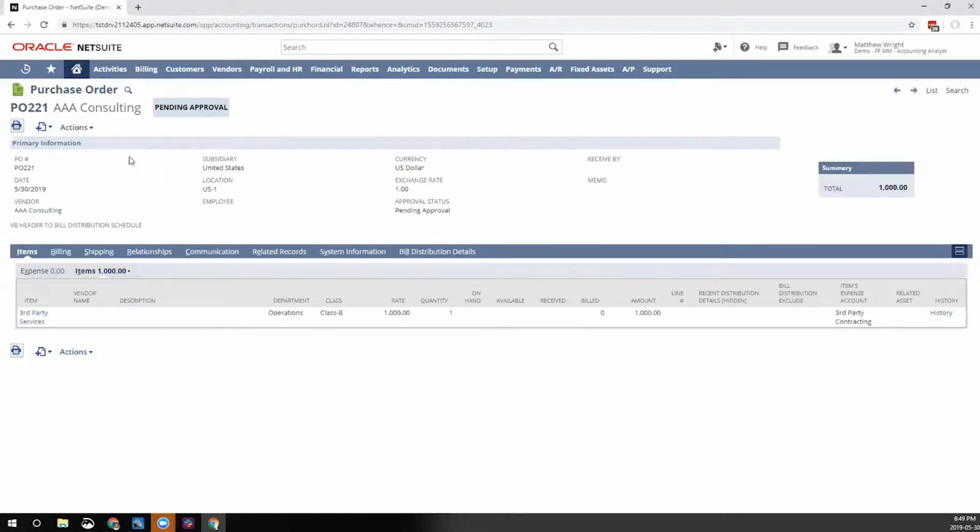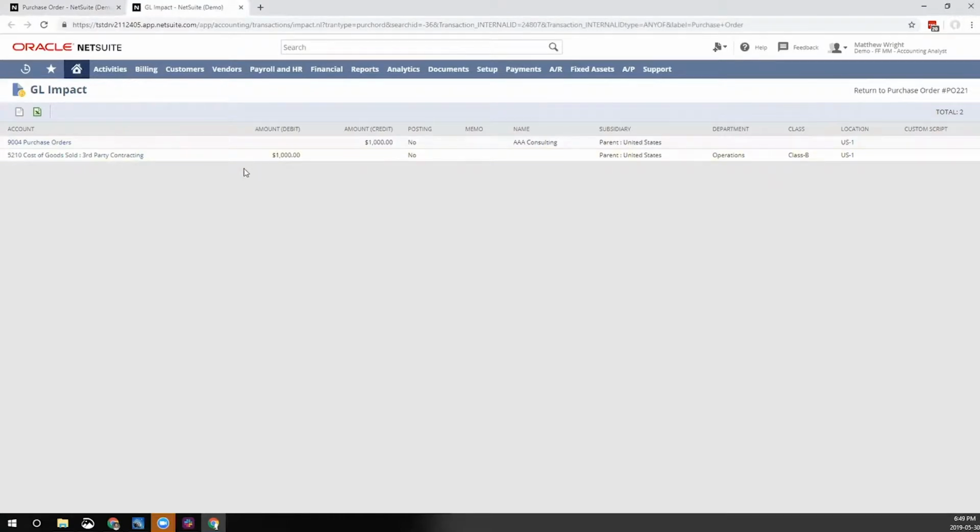Now, you can see that the buttons I did have access to are gone, and that's because the workflow removed the buttons based on the status and based on clicking that Submit for Approval button. Now, at this point, what's interesting to see is that whether it's a non-posting or posting transaction, NetSuite's always going to provide the GL impact for a transaction.